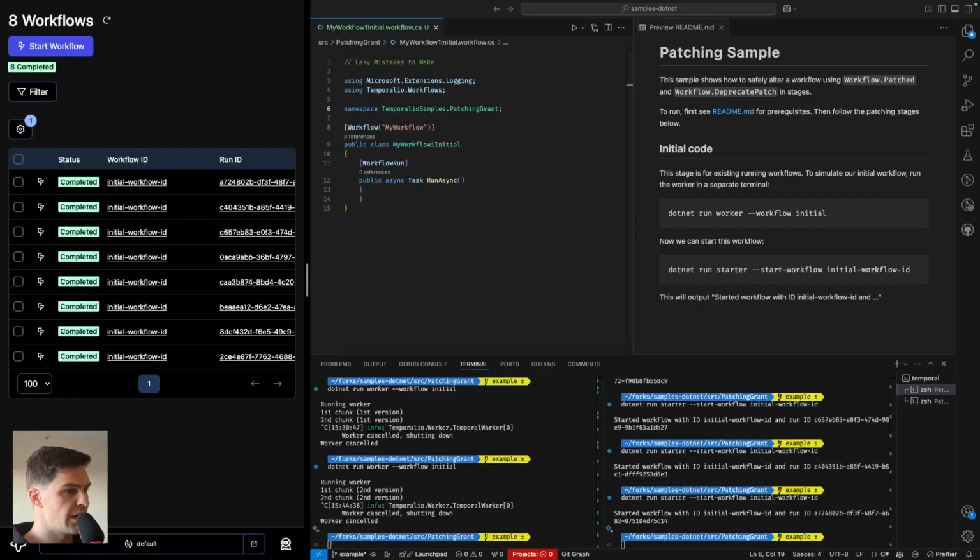So I'm just going to go ahead and undeploy that. Now here we are back in the state we were originally in. We had our implementations of the first chunk, second chunk, and third chunk, and then we patched in new code on our second and third chunk. So this will actually work. This is fine. And if we turn our worker back on, it will run this